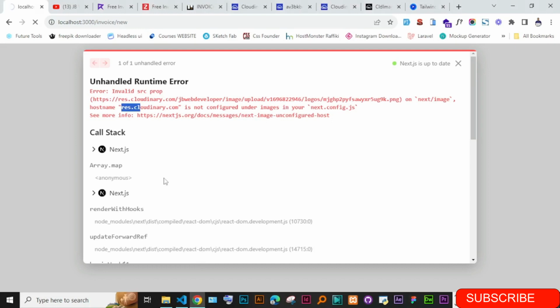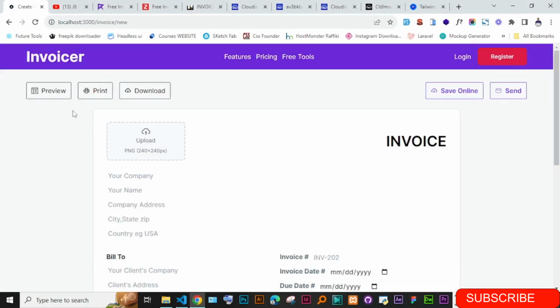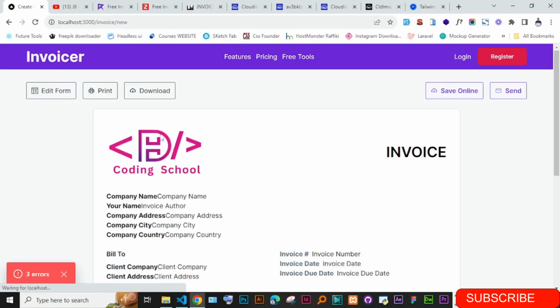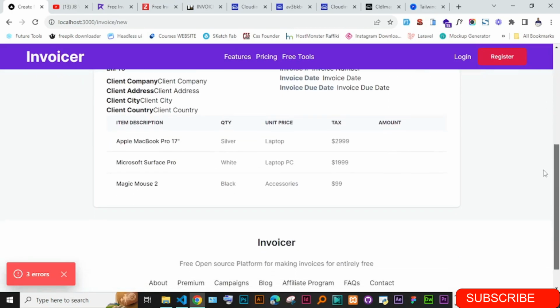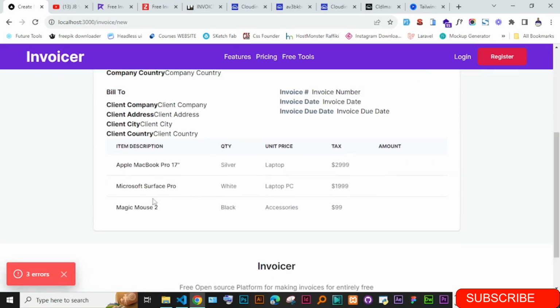Let's see. Just again click on the preview. Okay, so we are good. We are good, and you see, so we have the same invoice now. Okay, in the preview mode. You see, so we have this invoice. Of course, we have to go ahead and add this thing here where we can have the total, the subtotal,